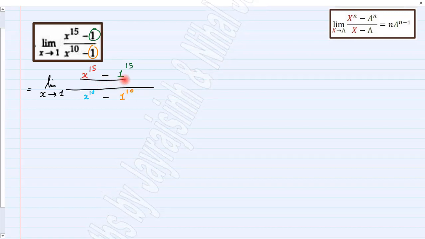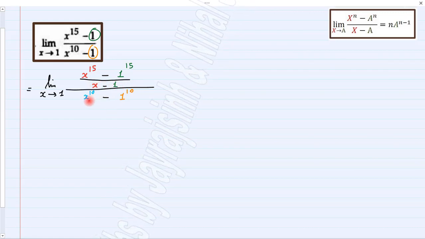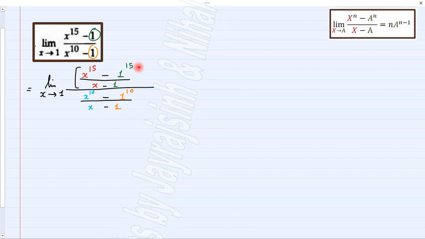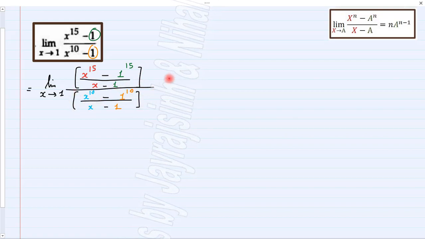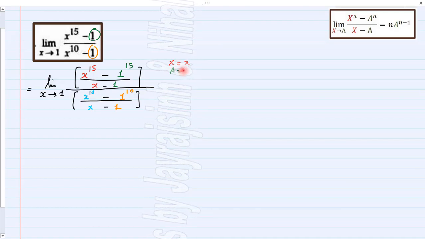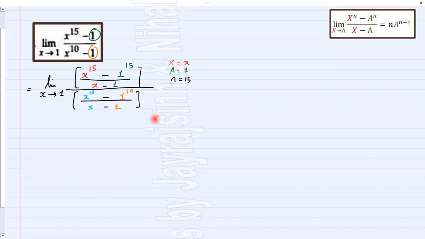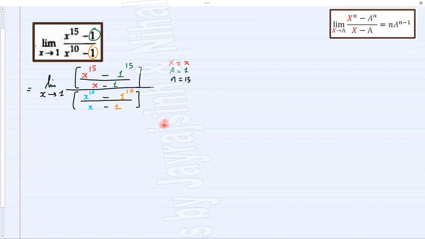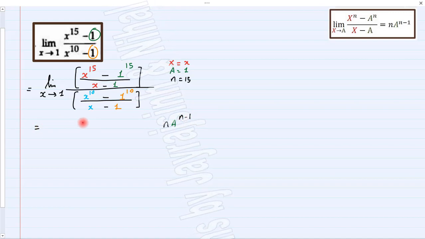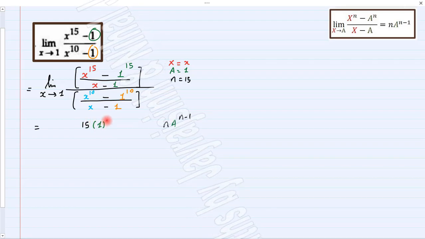Now, to obtain standard form, we just need x minus 1 in the numerator as well as in the denominator. So we can easily apply the standard form. In numerator, your capital X is x, capital A is 1, and n is 15. So by applying the formula, we can obtain the answer using right hand side, which is n into a raised to n minus 1. So your numerator will be 15 into 1 raised to 15 minus 1, or we can say 14,